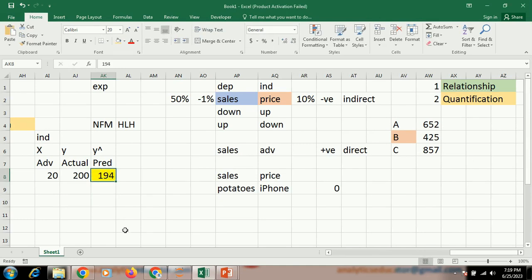Now you tell me, is my predicted sales 100% accurate to my actual sales? Yes, no? What do you think? It's not 100% accurate, right? So there is a deviation from it. This deviation is called a residual value.